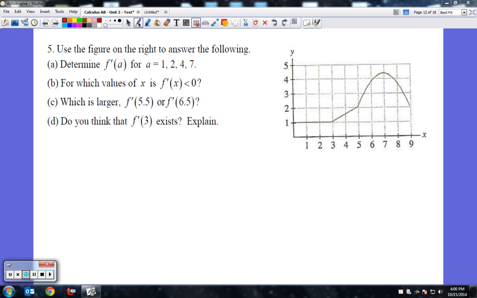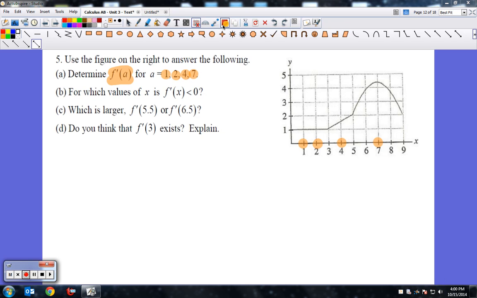Alright, number 5 says, use the figure on the right to answer the following. Determine what the derivative is at 1, 2, 4, and 7. So if I'm looking at 1, 2, 4, and 7, I'm looking for what is the slope at those points. So let's go ahead and look at the graph, and we're going to draw small little tangents next to those